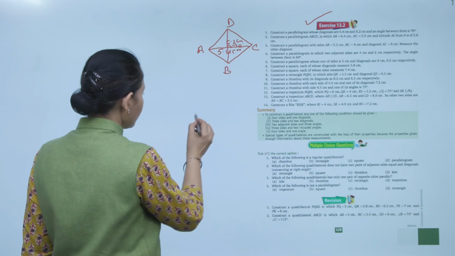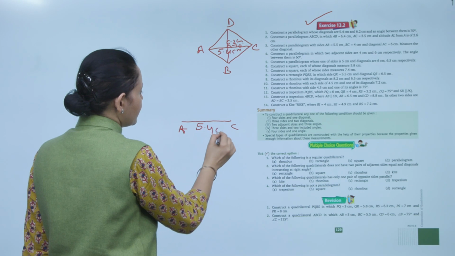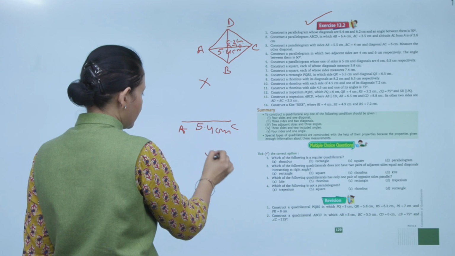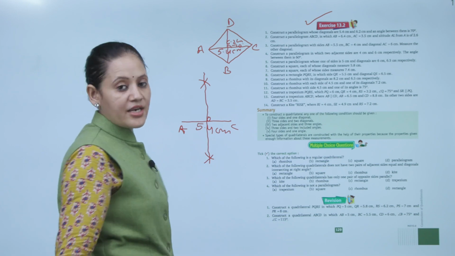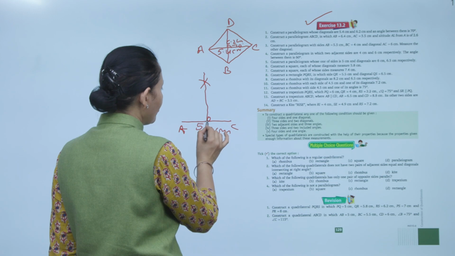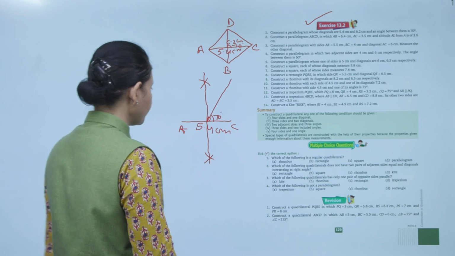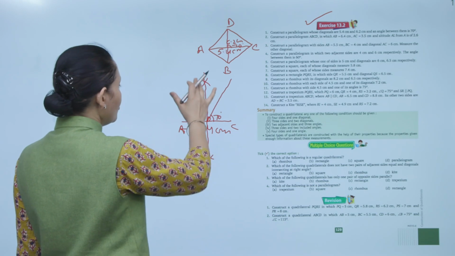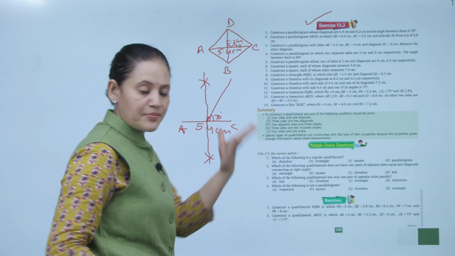So now first we'll draw AC, that is 5.4 centimeter. Now we'll draw a perpendicular bisector of this line. So that will bisect at point O. Now here with the help of protractor we'll draw an angle of 70 degrees. This is the angle of 70 degrees. Now as we know BD is 6.2 centimeter. So what does a diagonal do? It bisects. That means this length will be half of that. Half of 6.2 is 3.1 centimeter.